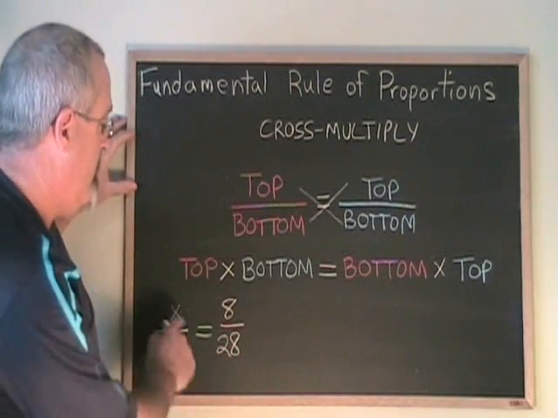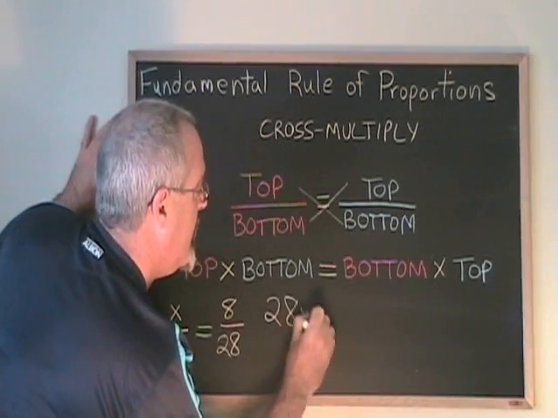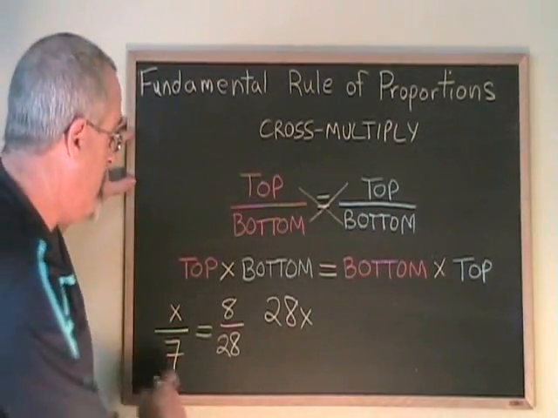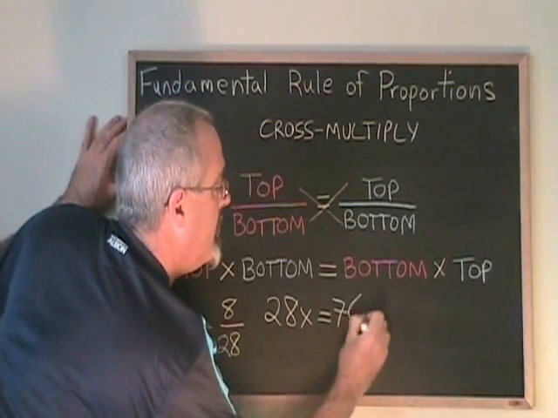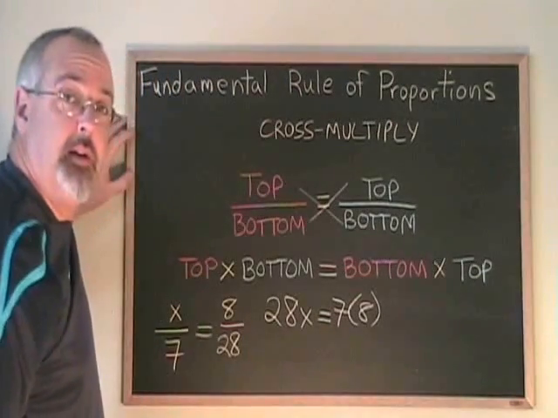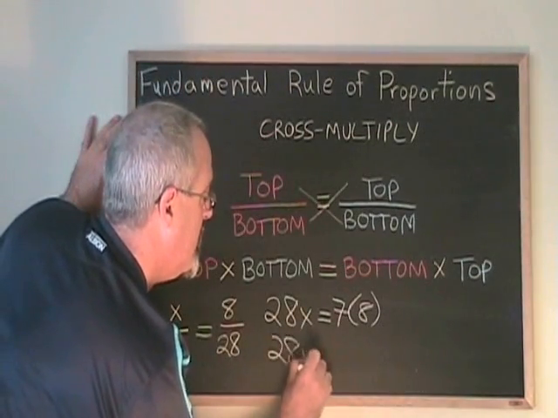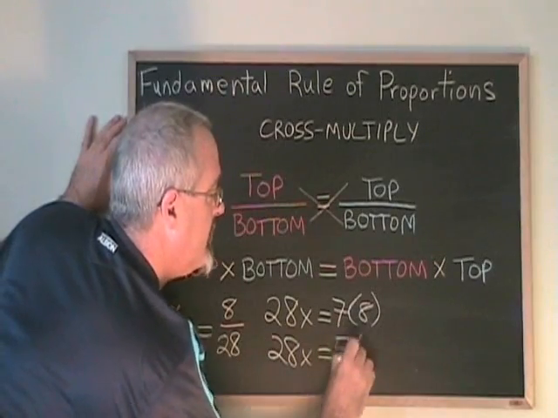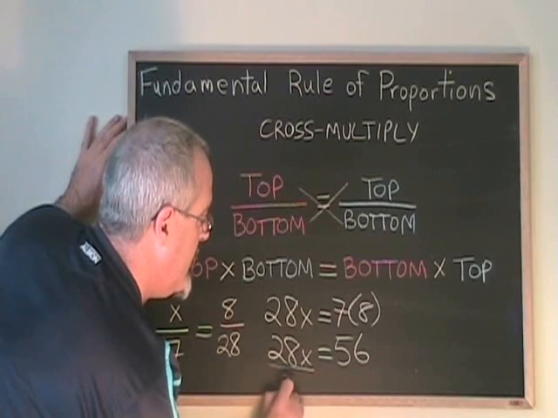Top times bottom means x times 28. I'll write that as 28x. Bottom times top means 7 times 8. So I put equals and 7 times 8. Simplifying, I'll start by multiplying the 7 and the 8, and I get 56. Then, if I divide both sides by 28,